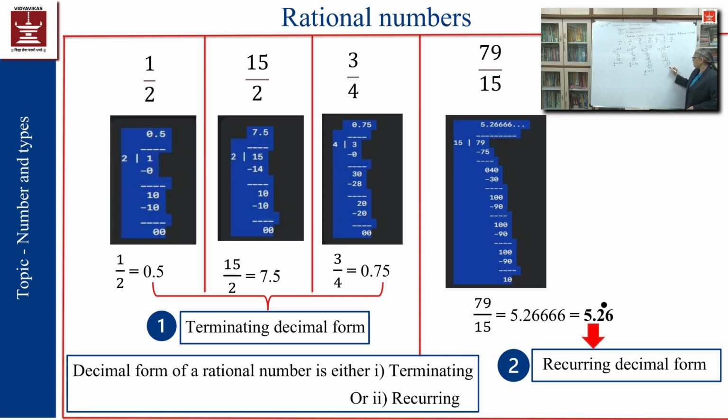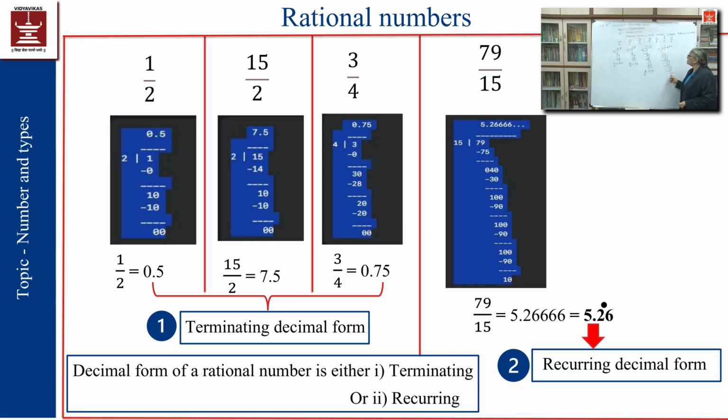Again the remainder is 10. We take down one more 0. Again we get 15 6s are 90. Again the remainder is 10. Take down one more 0, and what will happen? Every time you will observe that the remainder becomes 10 and the quotient we get is 6. So, will this division come to an end? If you are not getting tired, if you have lot of space, you can keep on doing this division for hours together and you will find that the remainder never becomes 0.